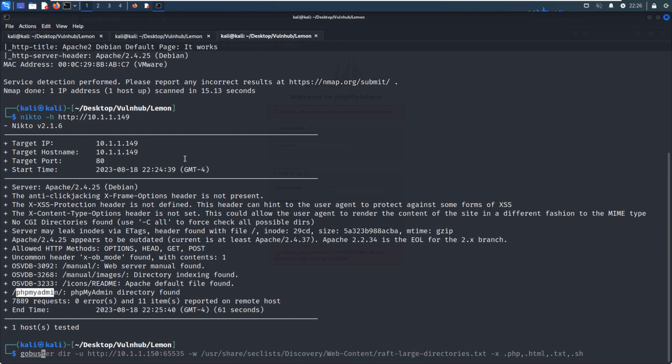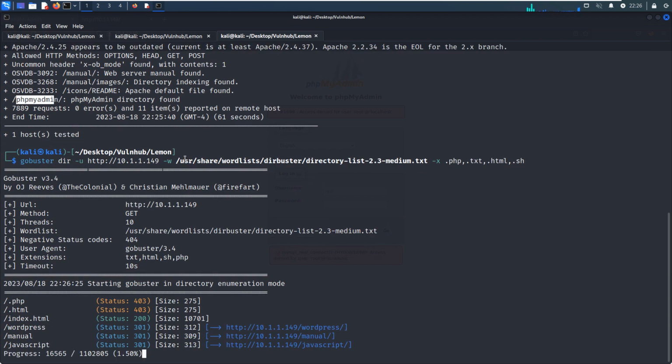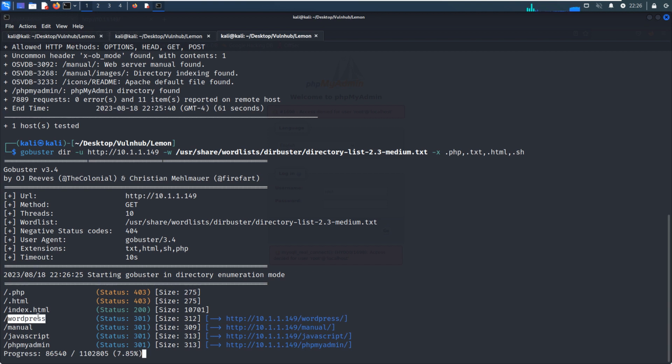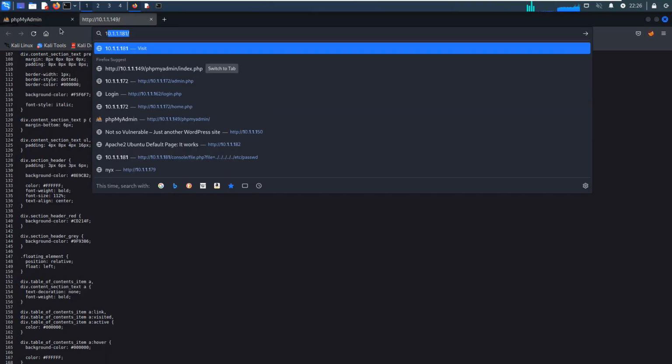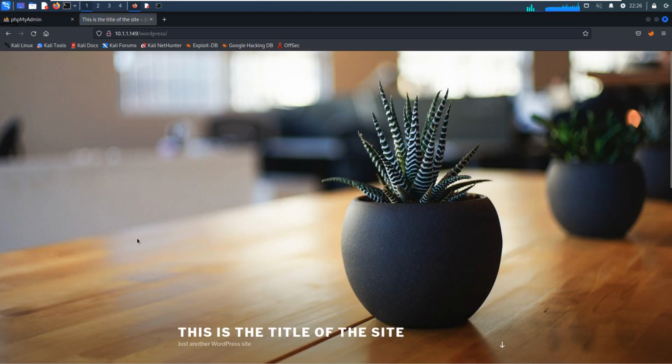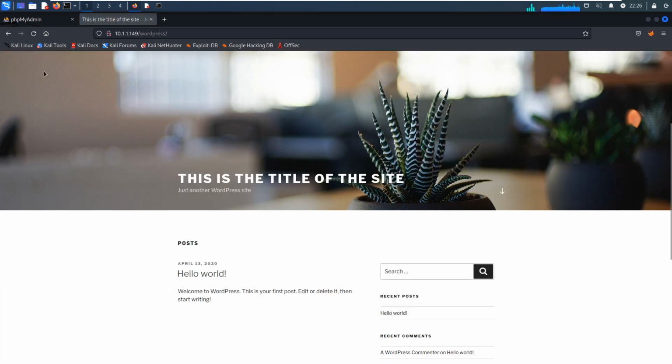Then we can use GoBuster. Let's hit enter. Yeah, immediately we got another directory besides some common files or directories, which is WordPress. So let's access this directory, WordPress. Let's hit enter. Yeah, as you can see, I think we need to refresh, and